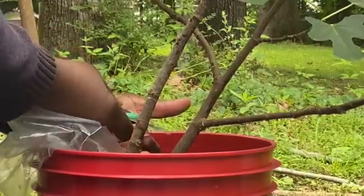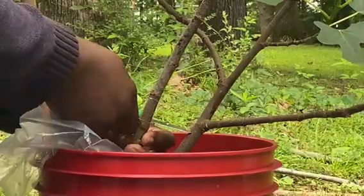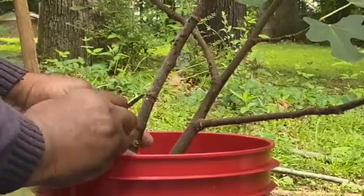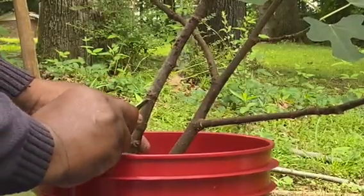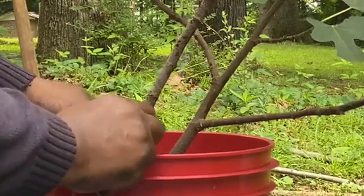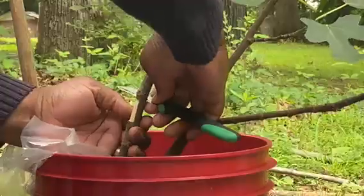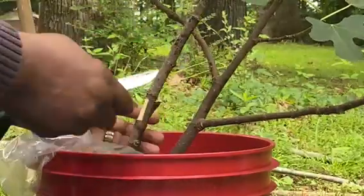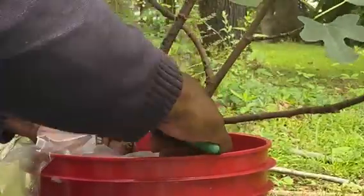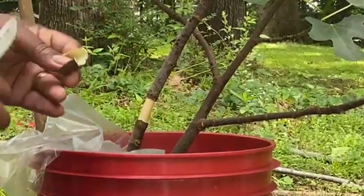It's not easy because of the position of this tree here. Okay, and then the next thing is I will slice it down in this way and then push it out. See, that is the bark. Now this bark here,